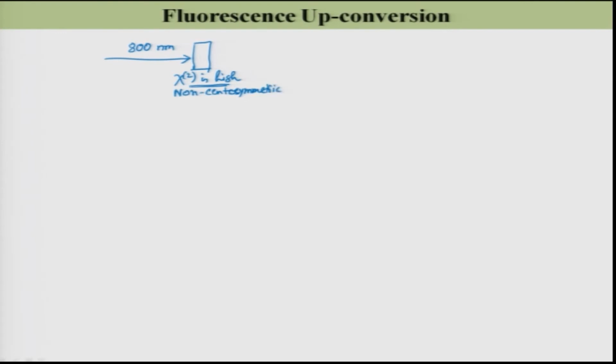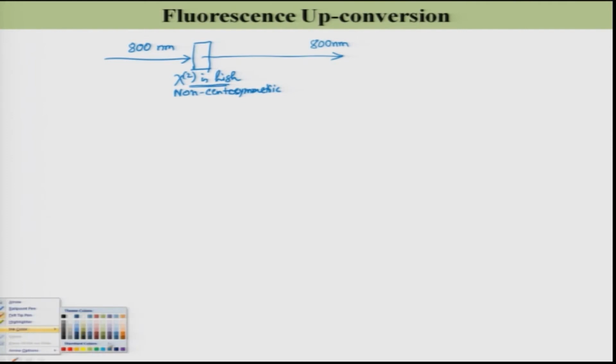Non-centrosymmetric in nature. Then that same 800 nanometer light will come through, but along with that another light will also come. If this is my omega, then 2 omega light will also come. For this 2 omega, it will obviously have a different color. So from here the 2 omega light will also come, which is nothing but the 400